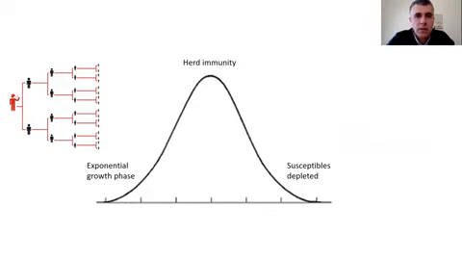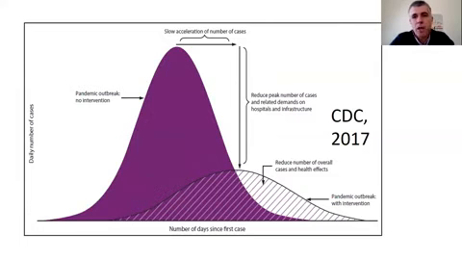And it also tells us that as we get towards the tail, that tail off occurs because the number of susceptibles in the population gradually decreases. It doesn't drop down to 0, but it gradually decreases. So this is the sort of framework that was used prior to the pandemic by organisations like the CDC to